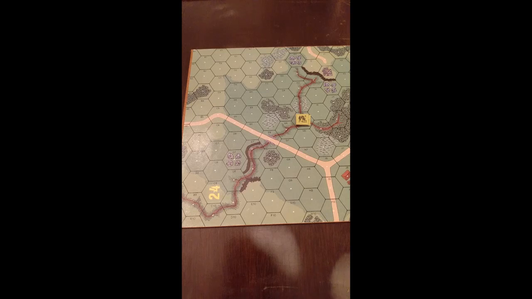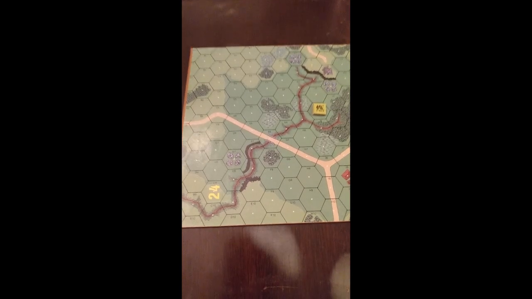Now to leave a gully and enter a non-gully, we have to enter higher ground, which is just like going to a higher level hill hex as far as movement factors are concerned. So if we are in H5 and we want to enter I5, which is this open hex right over here, how many movement factors would it cost? Well, it would normally be 1 movement factor to move into that hex, but because we started at a lower elevation, we're going up in elevation from -2 to -1, and so that's going to double the cost from 1 to 2 movement factors.